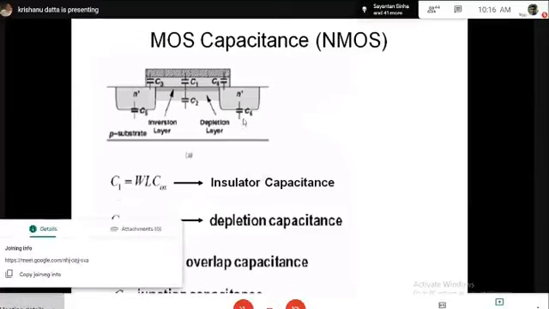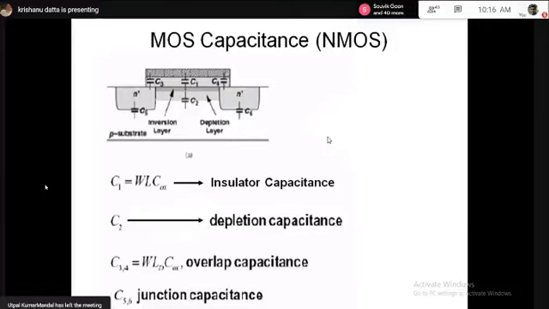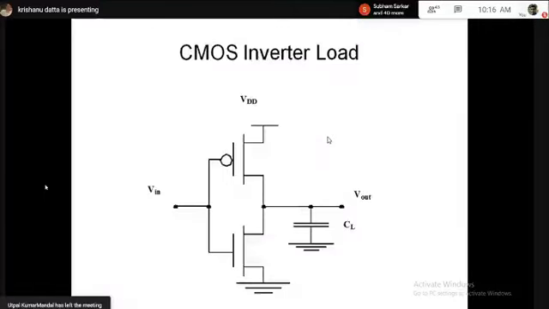So why am I discussing these capacitors, why are they important? That will be clear gradually. So let's go to the next page. What happens is that whenever we try to apply this CMOS inverter in a circuit, we always connect something called CL, the load capacitance, at the